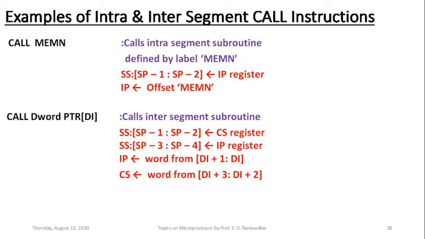Here are the steps of operations shown on the right side. In the first two steps, the earlier code segment register contents are copied to the stack by decrementing the stack pointer twice. So in the first step, the earlier 16-bit value of the code segment register will be copied to the stack segment at two decremented stack locations, SP-1 and SP-2, which are shown inside the square bracket.